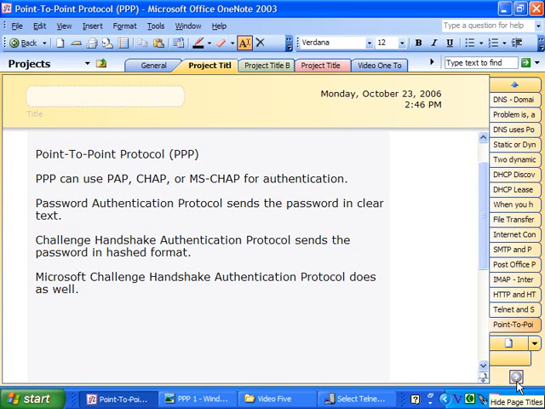The Challenge Handshake Authentication Protocol is going to send the password in a hashed format. If you don't know what that is, I'll discuss it in just a moment and actually show you a password that has been hashed. Also, Microsoft Challenge Handshake Authentication Protocol, MS-CHAP, obviously is Microsoft's proprietary version of CHAP, and it also sends a password in a hashed format. And before you say something like, oh, Microsoft, they've got to have their own version of everything,